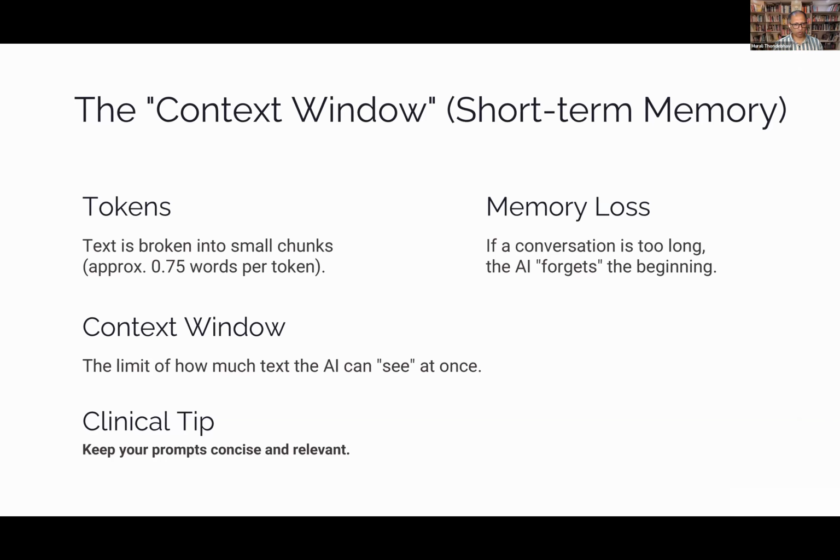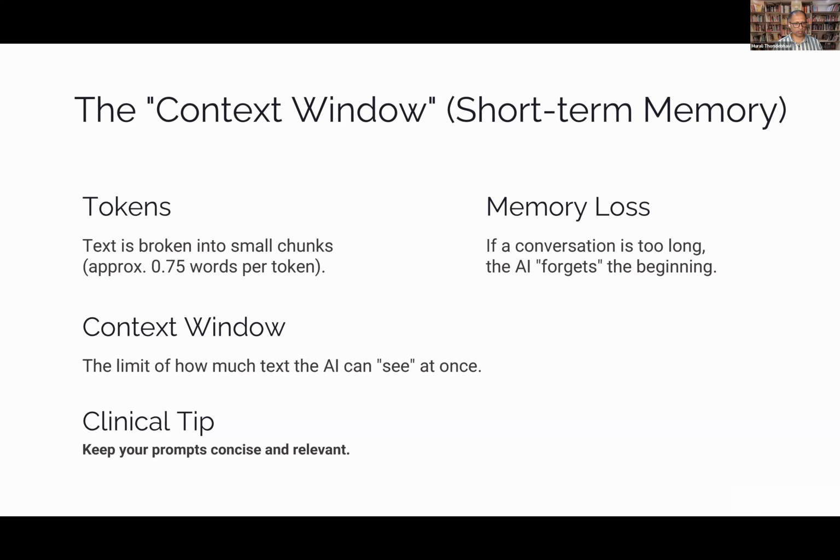This context window is what the AI can see at once. So if you are asking it to summarize the entire works of Shakespeare and then start questioning on, say, Romeo and Juliet or some other specific thing, it'll say, sorry, I've reached the maximum of my context window. I can't answer anything more. So a tip for all of you is you have to keep your prompts concise and relevant, and don't continue the conversation for too long.